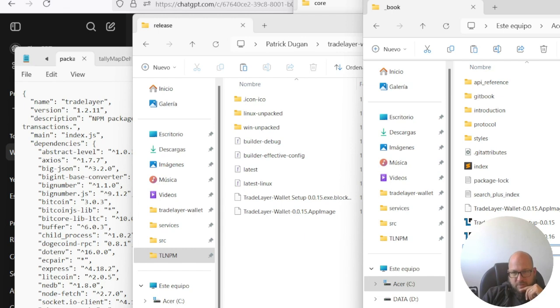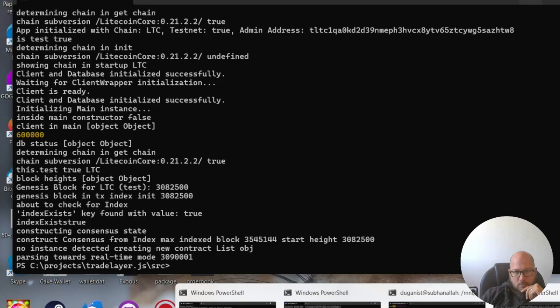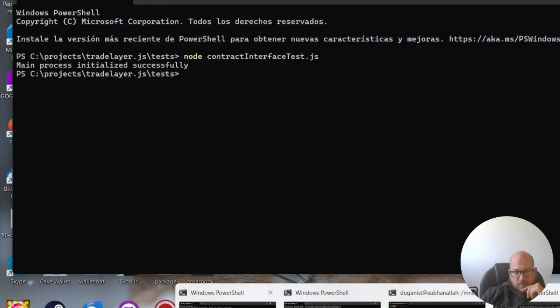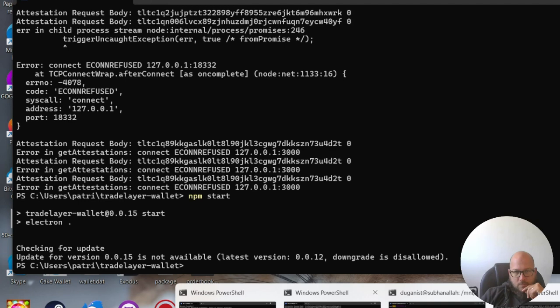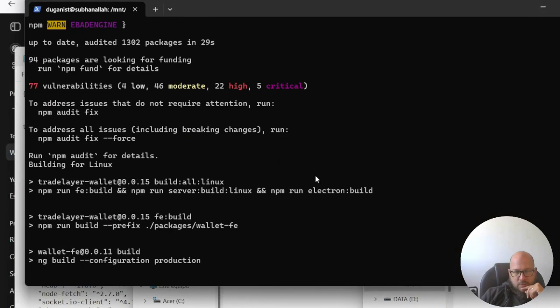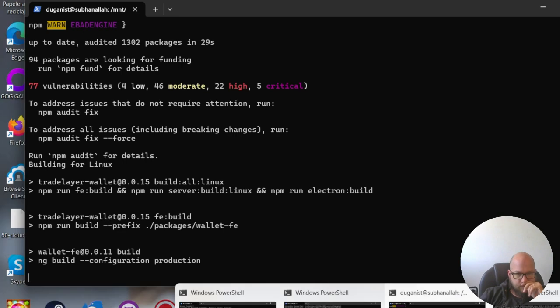For URI purposes, they'll have to do that. And then what's up with my AppImage? It's going to take a little time. Okay. Very good, very good. All right, when I